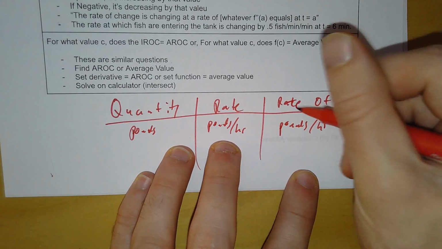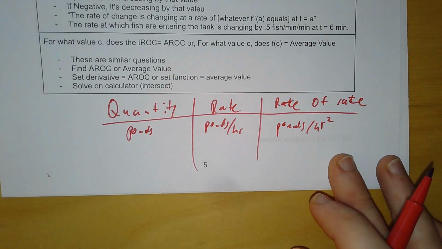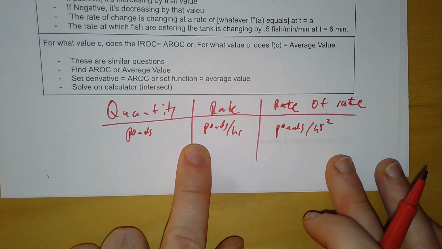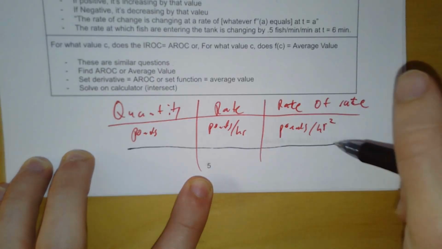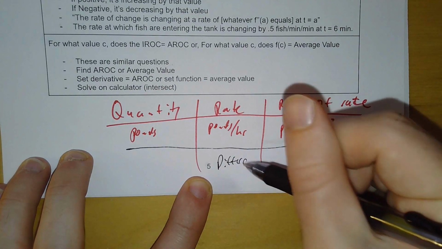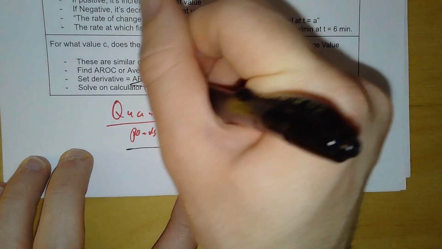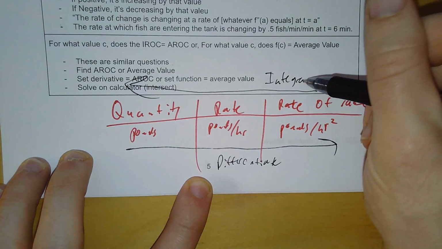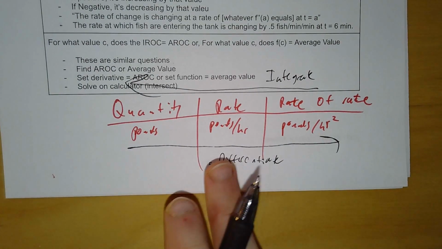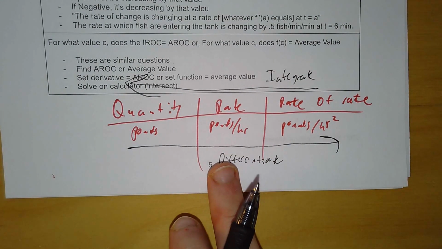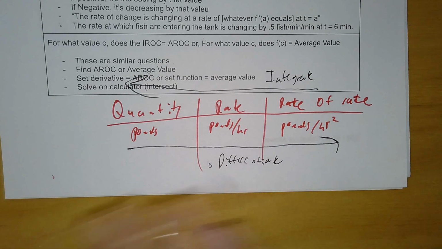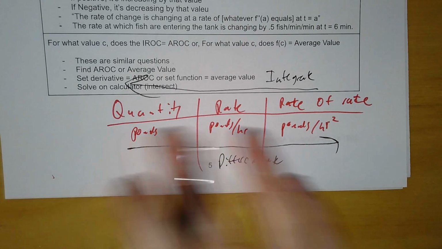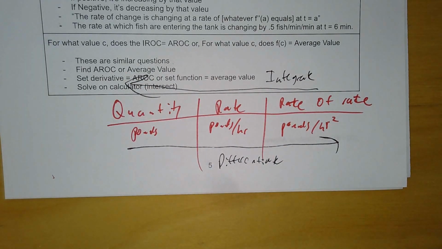What did I say about handwriting? If I give you quantity and I want the rate, you're going to have to take the derivative, right? But remember, this is differentiate, and this is integrate, right? If I give you quantity, you're going to have to take the derivative to get the rate. But if I give you the rate, you don't have to take the derivative. You see what I'm saying? So you have to know where you are on this chart and know where to go from there. If I want the quantity, which I actually didn't include on here, that was the thing I said I wanted to go over, you're going to have to integrate that to get the quantity, right? If I want the future value,